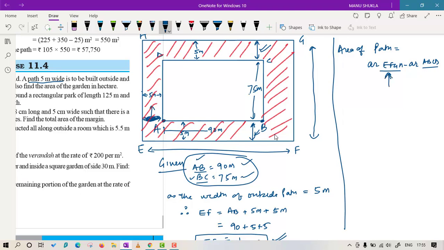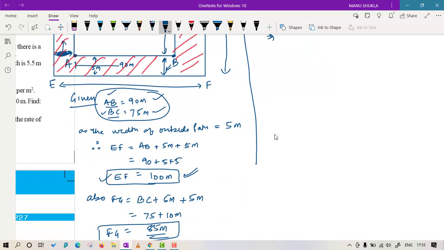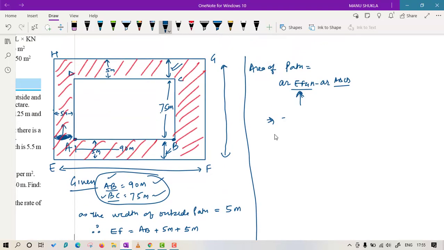If you had tried, that way is also correct, like area of outer rectangle minus area of inner rectangle, that is also fine. But if you name the rectangle, it is easier for you to describe while you are solving the question. Okay, so let's put what is area of EFGH. Very simple, EF into FG, because we know it is length into breadth, that we have found already, minus area of ABCD, which means AB into BC. Just put the value and you are done.